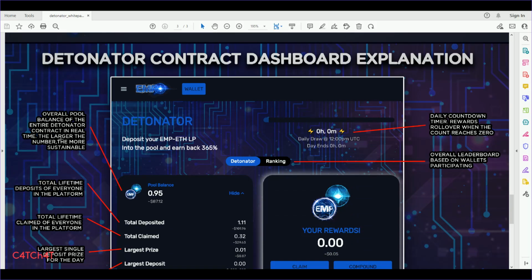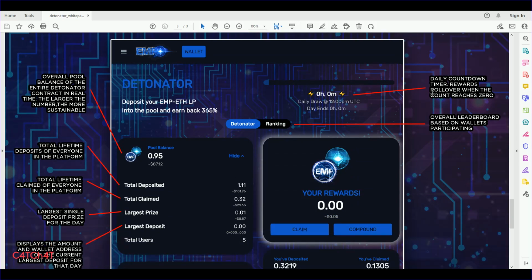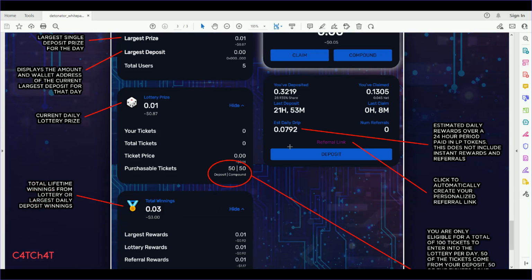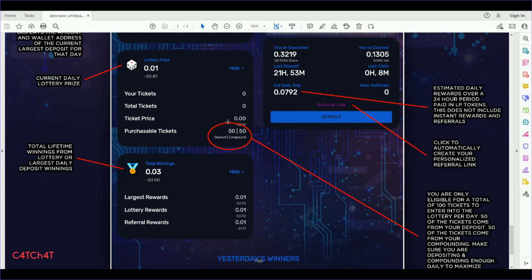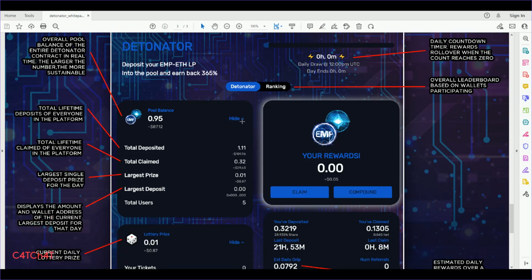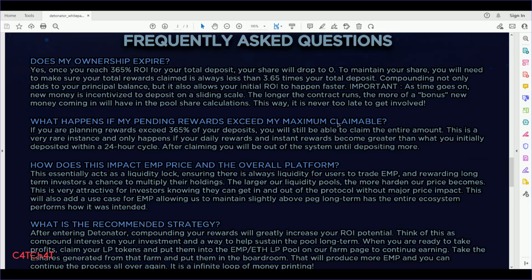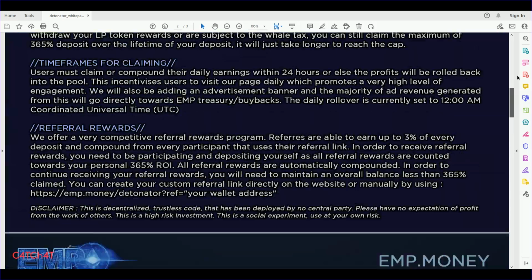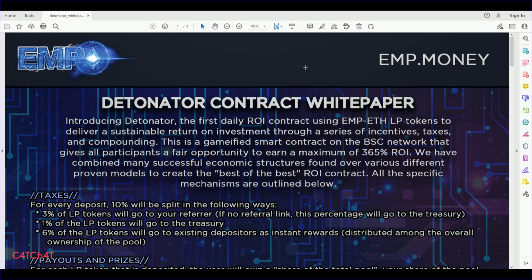So this right here is the detonator interface on their page. This looks a little different. The white paper isn't updated as much as the main pages, so we're actually going to go back to the main page. But always read through the white paper, and if you don't understand it, read through it again. And if you still don't understand, go and ask questions to the community members or to the team members. Team members are actively engaged in Telegram, and they're going to be more than happy to help you because they want you to be educated and they want you to be successful.